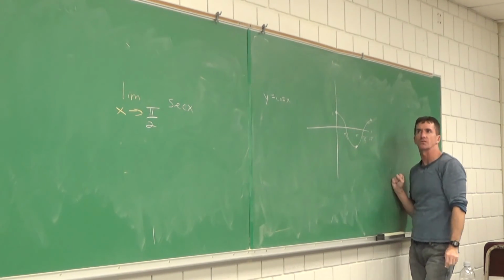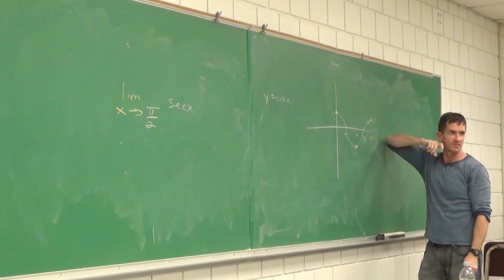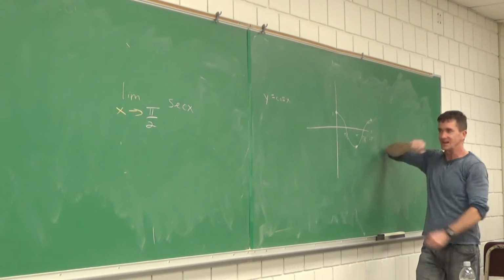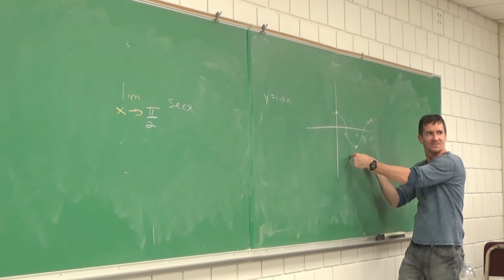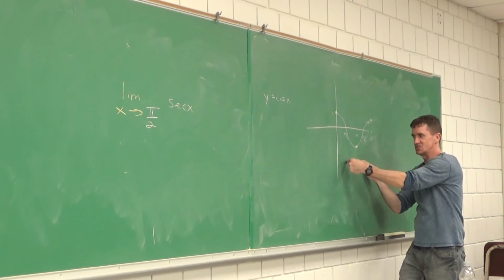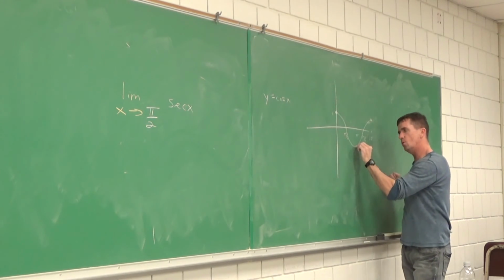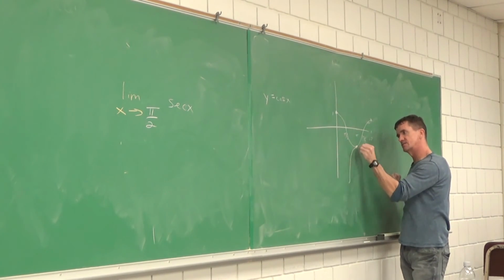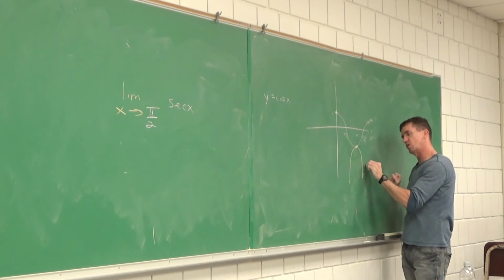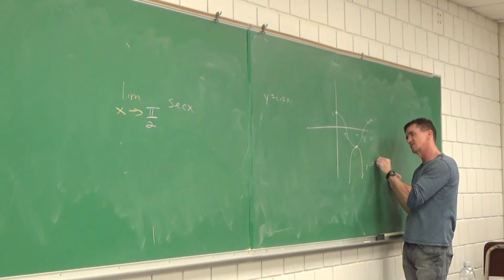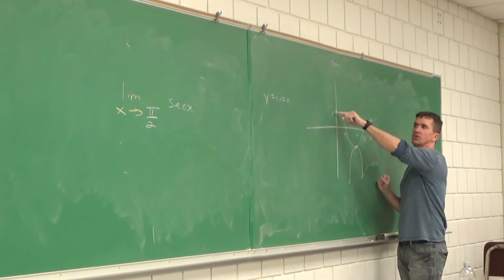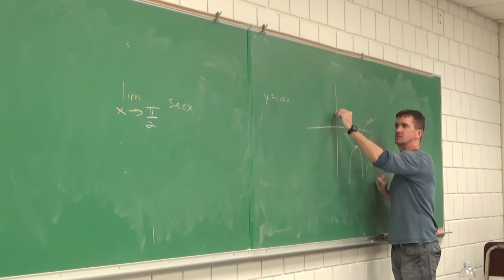Now where are the hills for that secant of x graph? Where's the hill? I can see one here, where's the next one? Can anyone see it? Do this big. There it is. And that's y equals secant of x. I'm going to draw this graph. What's it do over here? Let me keep going. What's it do over here?